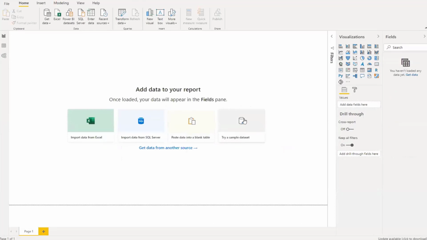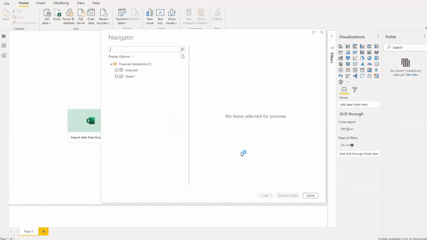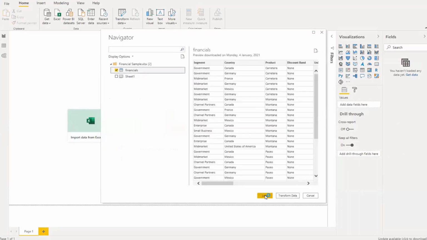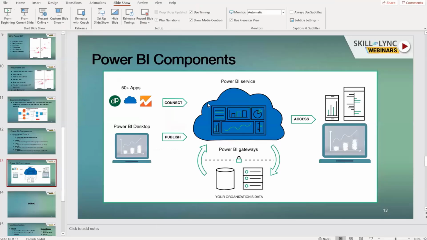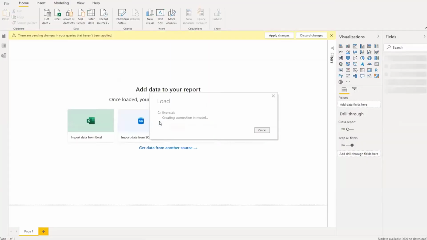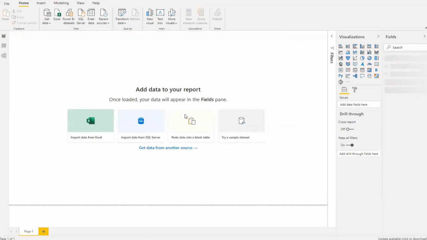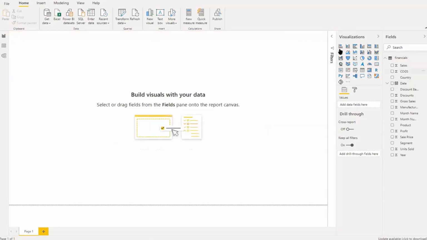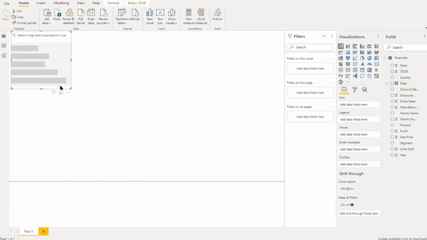Once you bring the data here, I'm just bringing one sample data set. I have connected the data from Excel. So we have the fields over here, and from this we can create a lot of graphs.